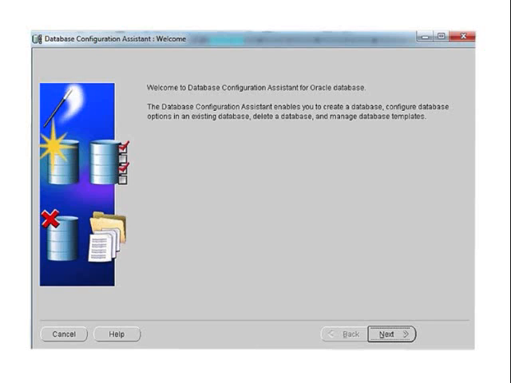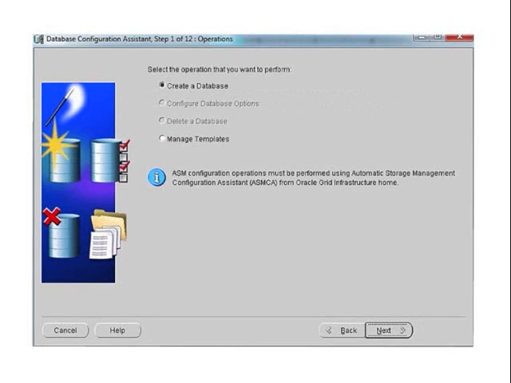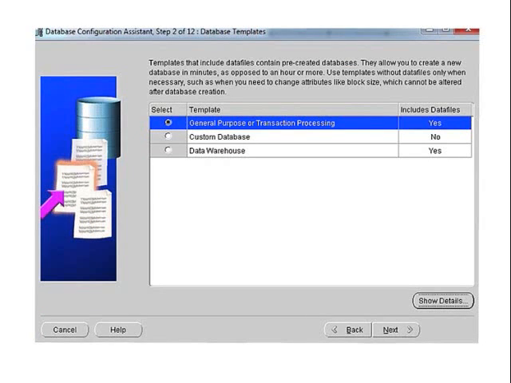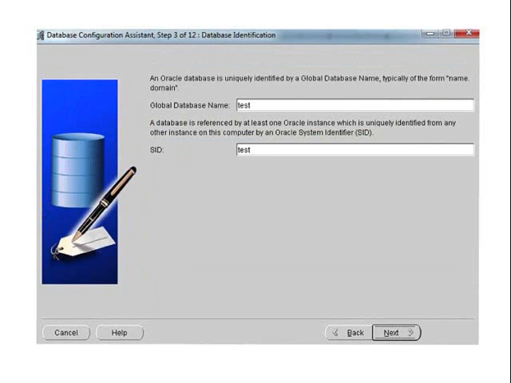You can click Next. You're going to select Create Database, and then at the bottom right hand side, click Next. You're going to select the first option here called General Purpose or Transaction Processing, and then click Next. Now for the database name, you can put whatever you want. I just put Test. Make sure the name and the SID, the 2 boxes, are